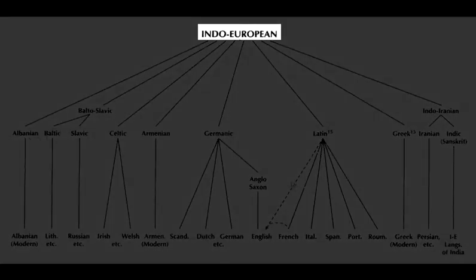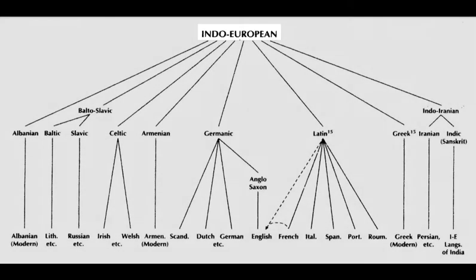As you know, these are the main. If you can see my marker, Irene, can you see the marker here when I put it here? Yes. Okay, great. So Irene is with us today, and so you have Albanian, Slavic, Celtic, Armenian, major language families within the Indo-European system, Germanic, Latin, Greek, Iranian, and Indic or Sanskrit. And so Germanic, as you can see here, well, English is right here, and this is really, English is technically